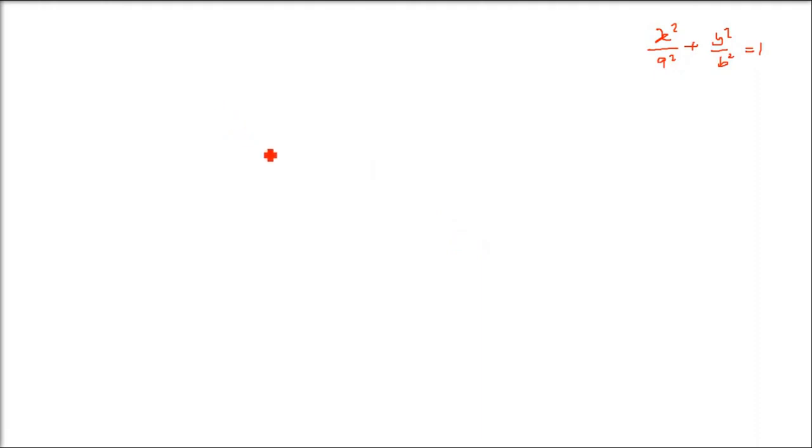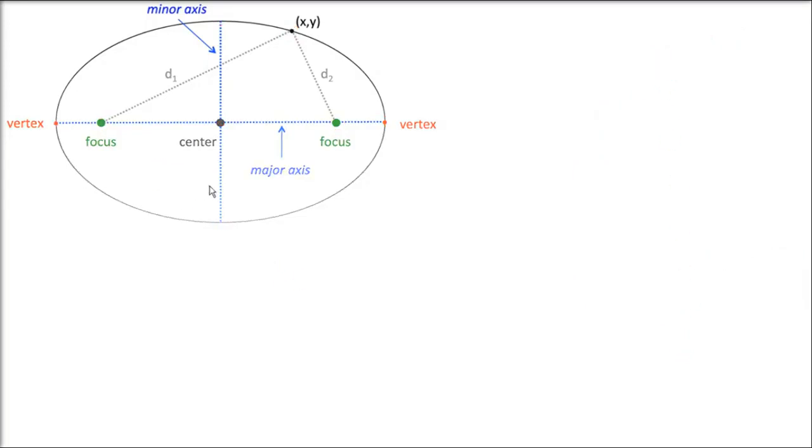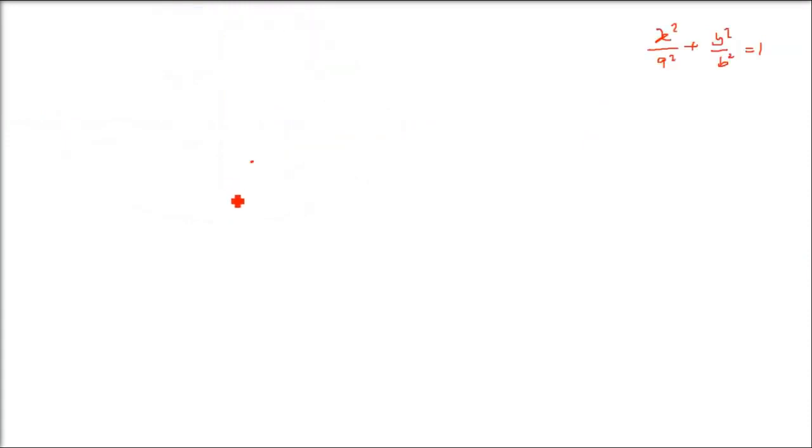So what will we do? We will take a point. Let's start from scratch now. Two things we need to know, as I told you earlier, if we want an expression. First, the distance of this point from the directrix, and second, the distance of this point from the focus. With both those distances, take the ratio and put it equal to E, that is the eccentricity. E is a constant, the eccentricity, and that's how we are going to go about it.